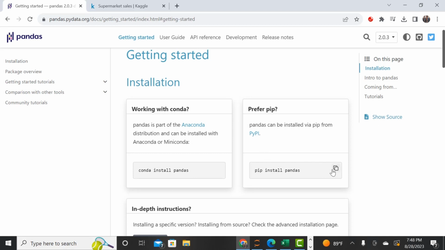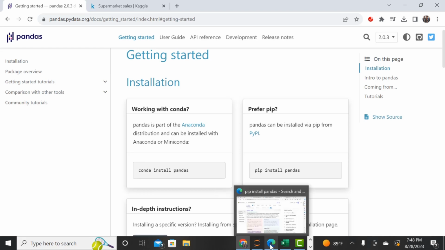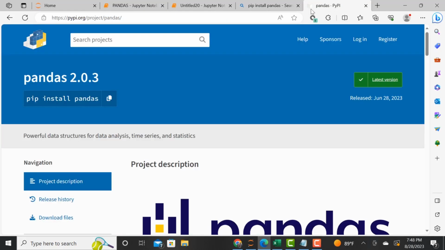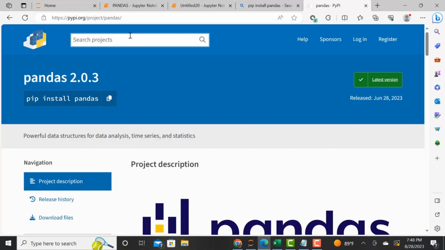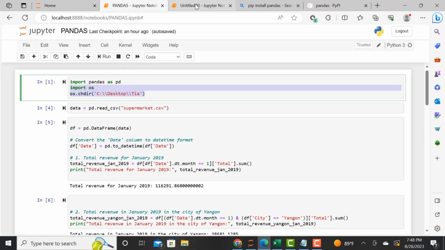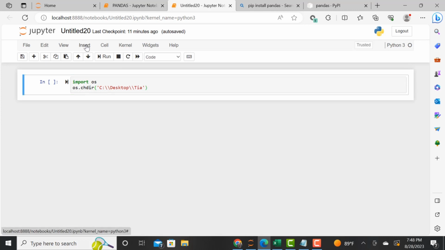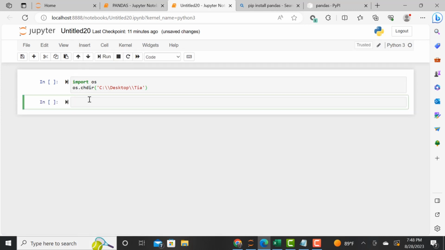So to get started, you want to pip install Pandas. You can go to the documentation, or you can come to this site here. I can put this in the description. Pip install Pandas. You just copy this and put this into your Jupyter notebook or your IDE. And so you see I'm just copying pip install Pandas, and I am placing this into my IDE. So I'm just creating another cell, pip install Pandas, and then you would click run, and then the installation process